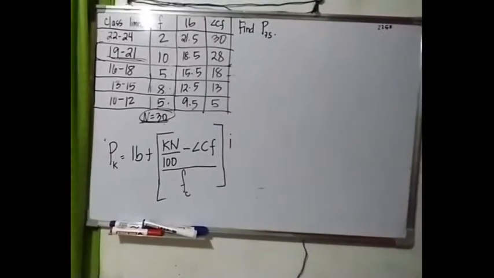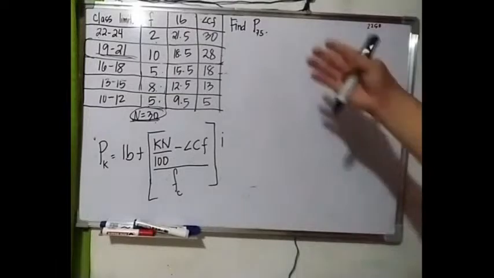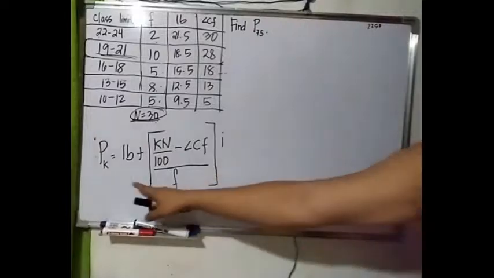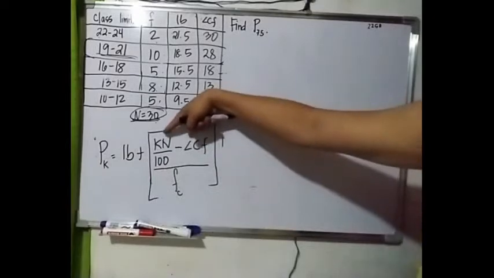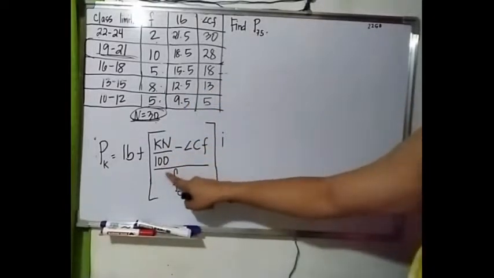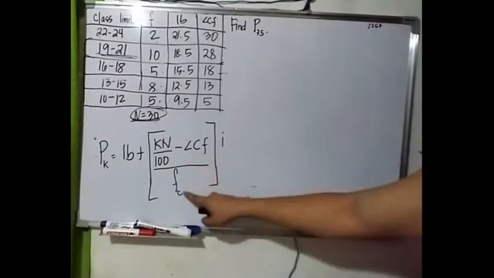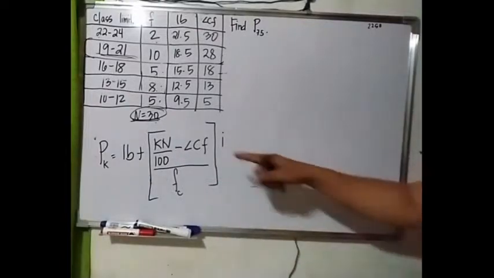Okay, so today, again, we will find for the percentile. So, the same data ginamit natin for decile and quartile. So, percentile, tandaan, ito na yung formula ng percentile. So, lower boundary plus k times n over 100, kasi percentile niya, less than cumulative frequency over frequency of the percentile interval times I. Okay,